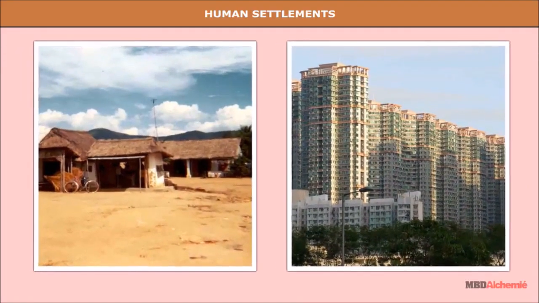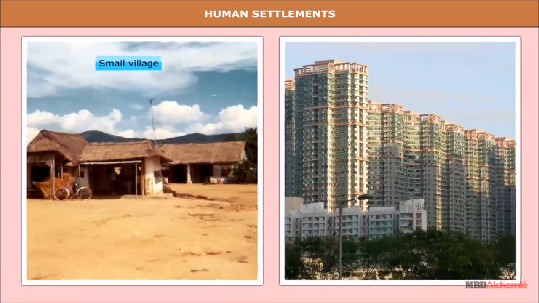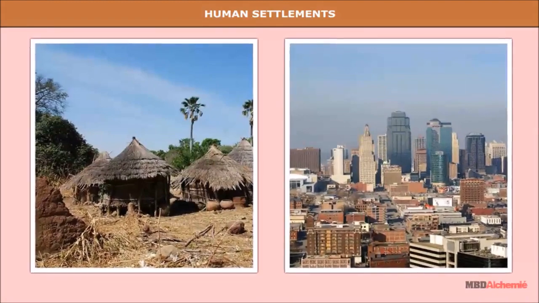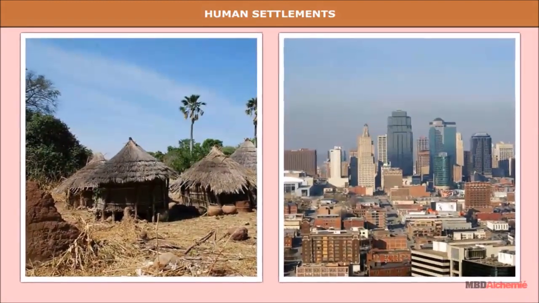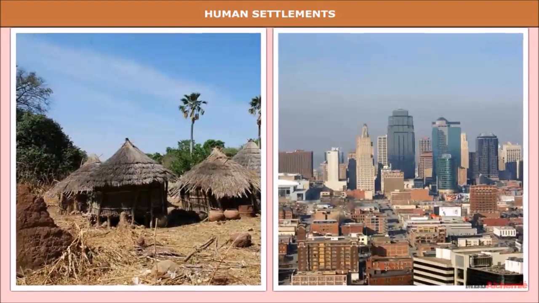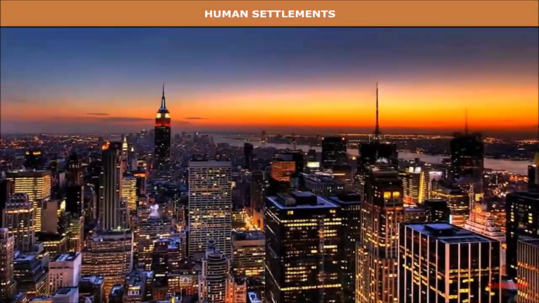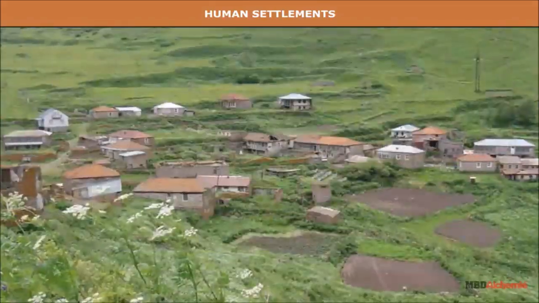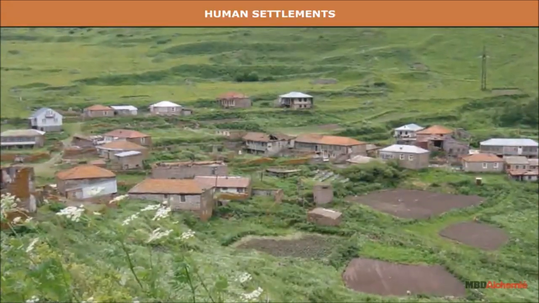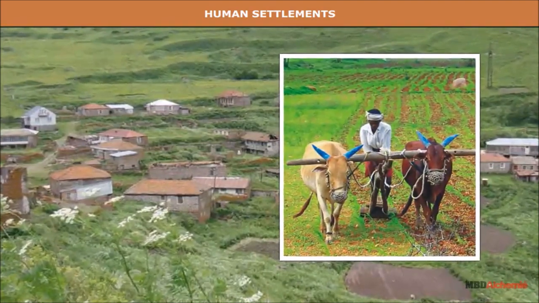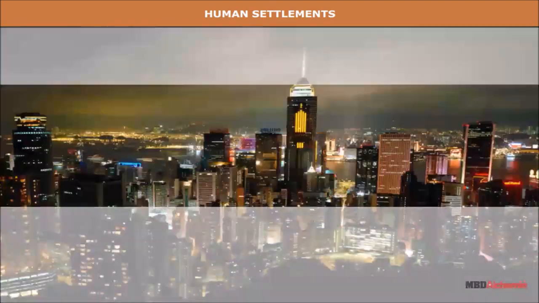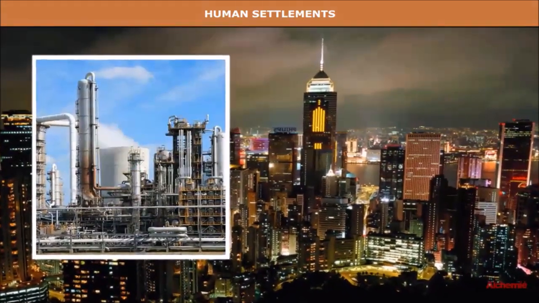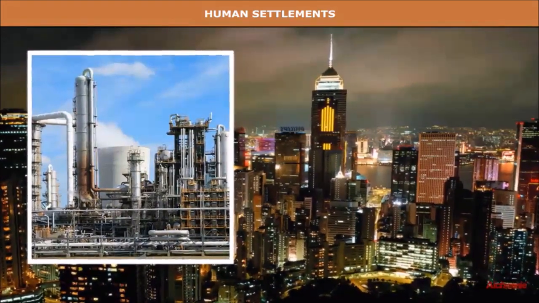Human settlements. Human settlements range from a small village to metropolitan cities. The economic character and social structure of settlements changes with size, and so do its ecology and technology. Settlements could be large and closely spaced. They may also be small and sparsely spaced. The sparsely located small settlements are called villages, specializing in agriculture or other primary activities. On the other hand, there are fewer but larger settlements which are known as urban settlements, specializing in secondary and tertiary activities.